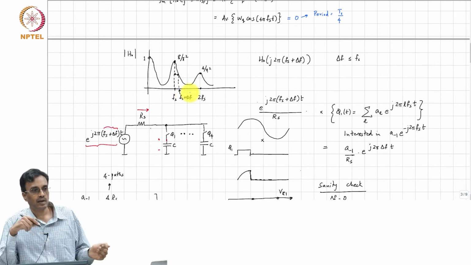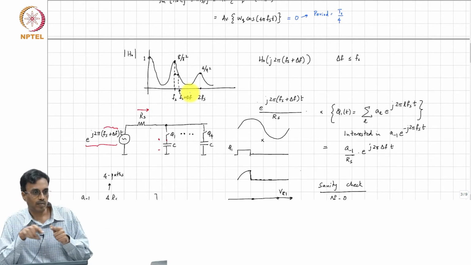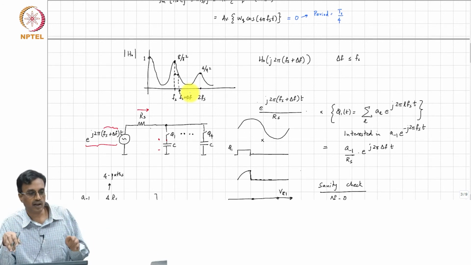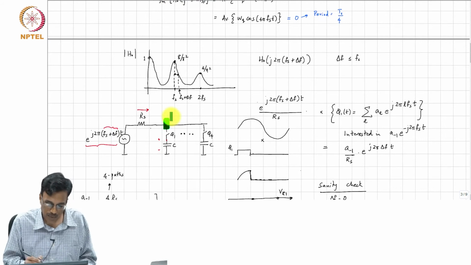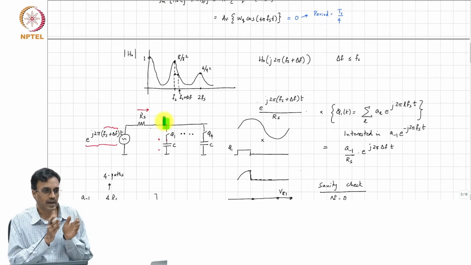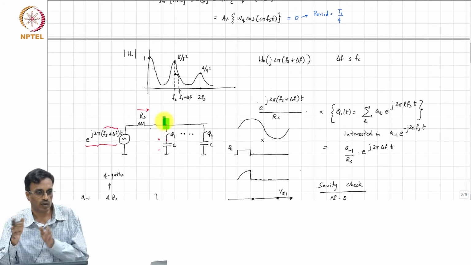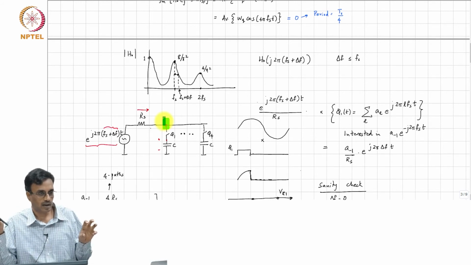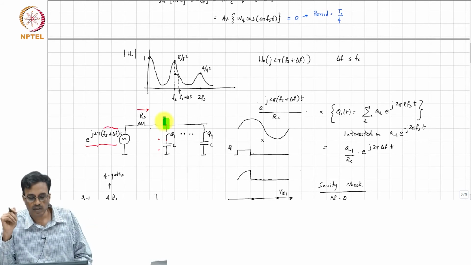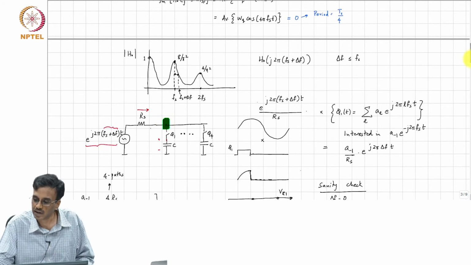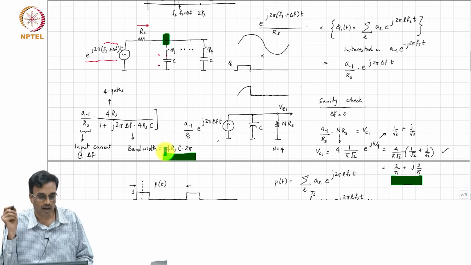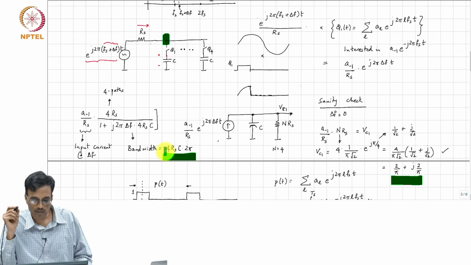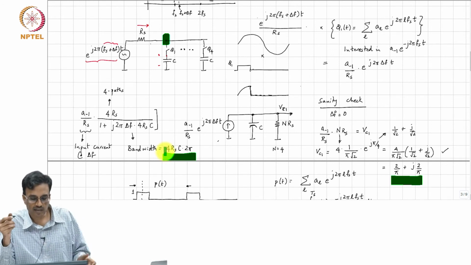What happens? As you deviate from Fs, the magnitude of the voltage across the capacitors keeps falling, which then means that the voltage at this node also keeps falling, right, because the voltage at this node is simply, we are taking the voltages across each one of those capacitors and putting them all together, right. So, the bandwidth basically happens to be 4 Rs times C times 2 pi, and intuitively this makes sense because